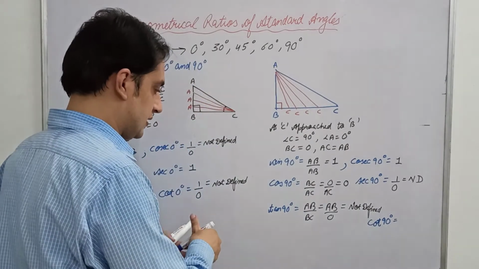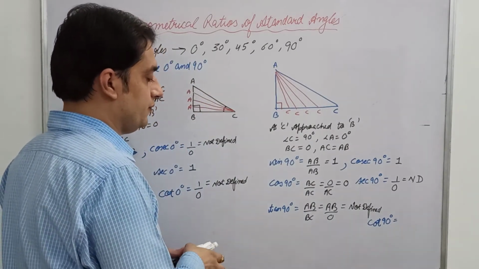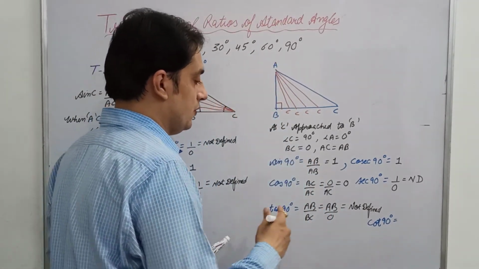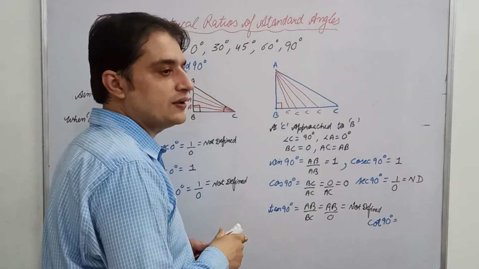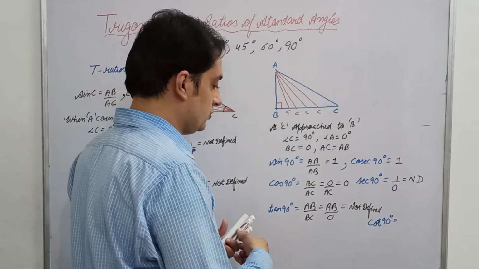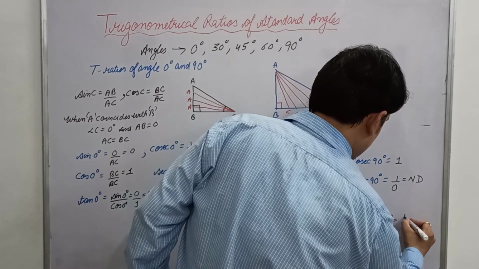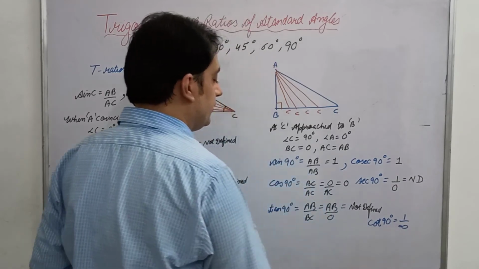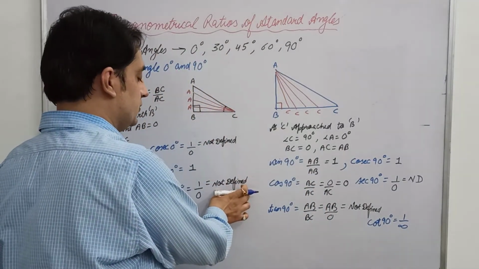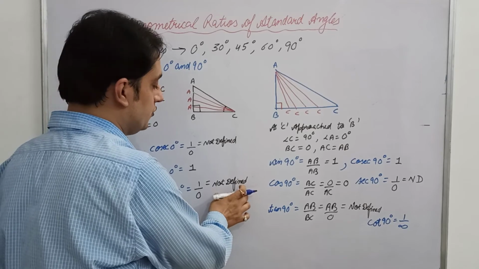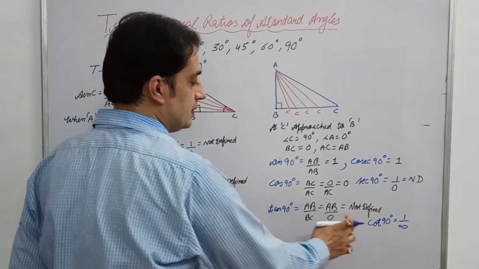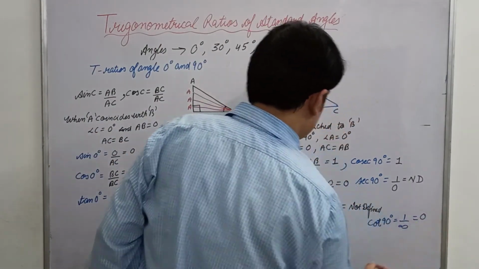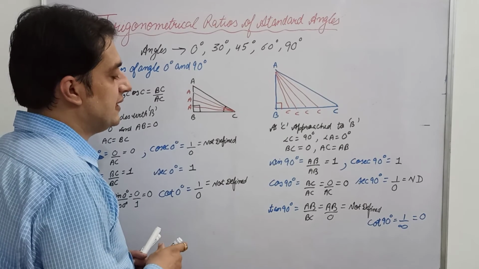So cotangent, again take the reciprocal of this number, that is not defined, or you can write the symbol for the word not defined. So this value will become 1 by infinity. So you can write the symbol infinity for the values that are not defined. So this not defined value you can write with a symbol, that is infinity. So this value is 0. This value is 0 because BC length is 0.